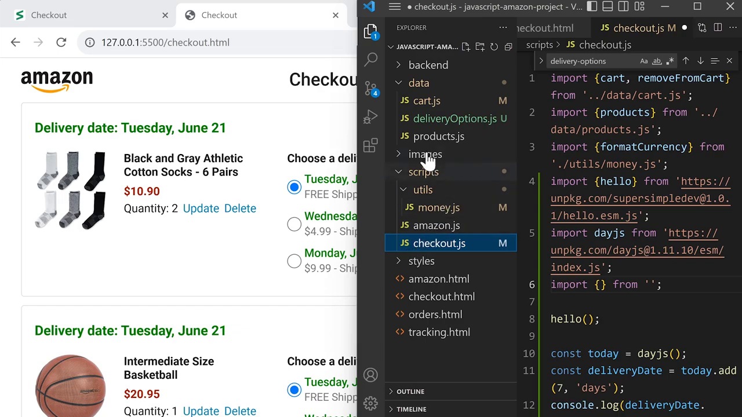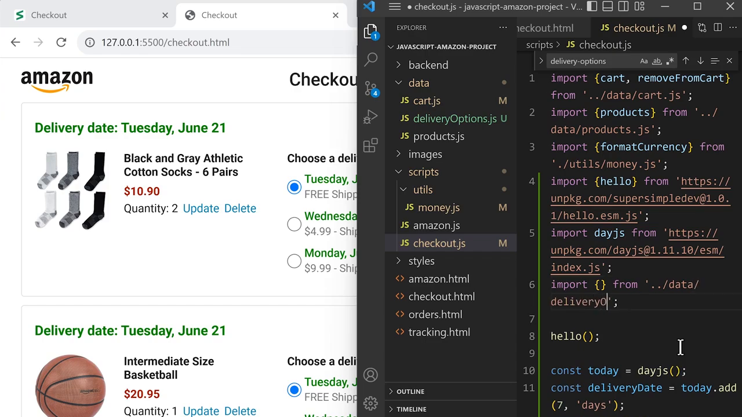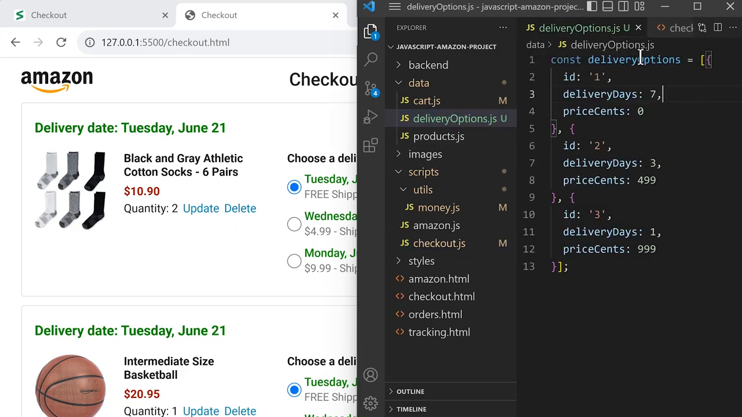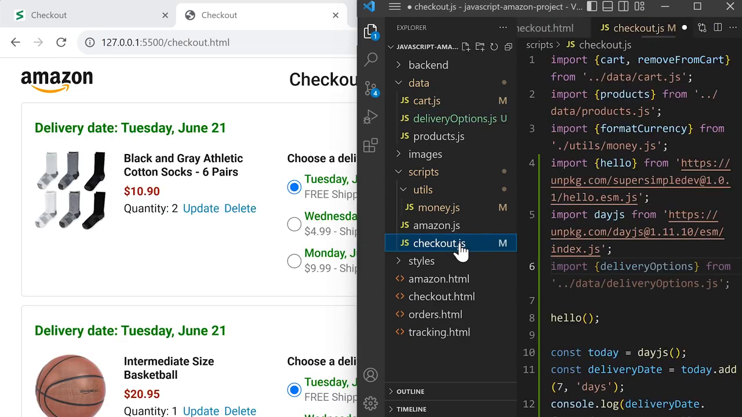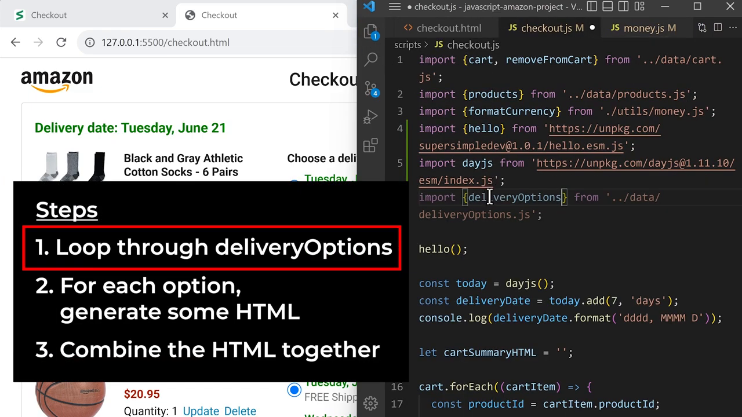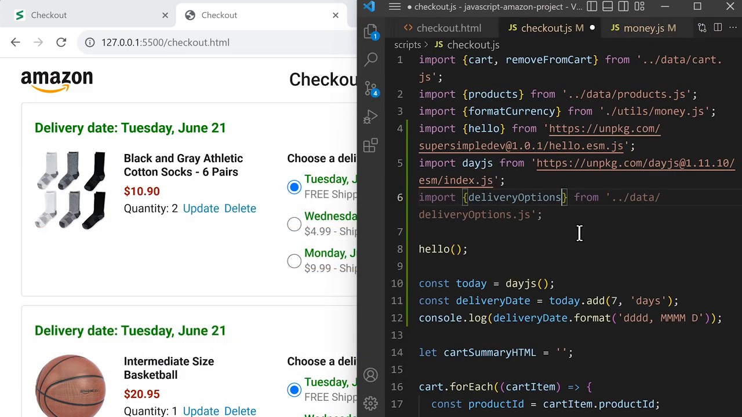So first we need to get out of the scripts folder. We'll type .. and then go into the data folder /deliveryOptions.js. And we're going to import the deliveryOptions. Now, one thing I forgot to do is that inside these delivery options, we need to make sure that we export this variable. So we're going to type export and save. And we'll go back to checkout.js. And then here, we're going to loop through the delivery options below. So we'll scroll back down